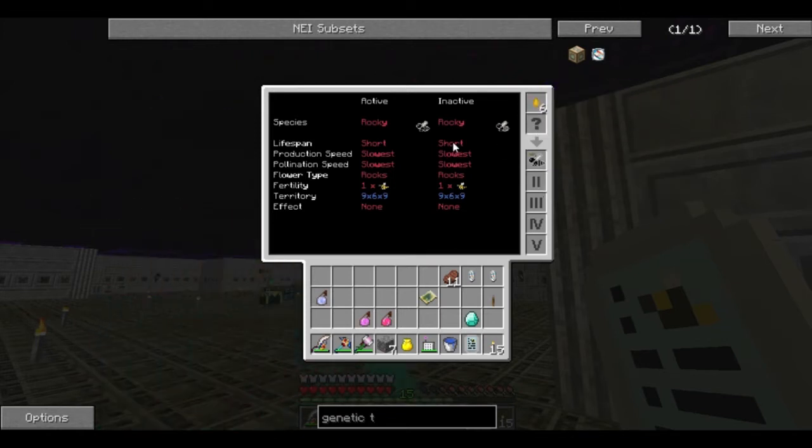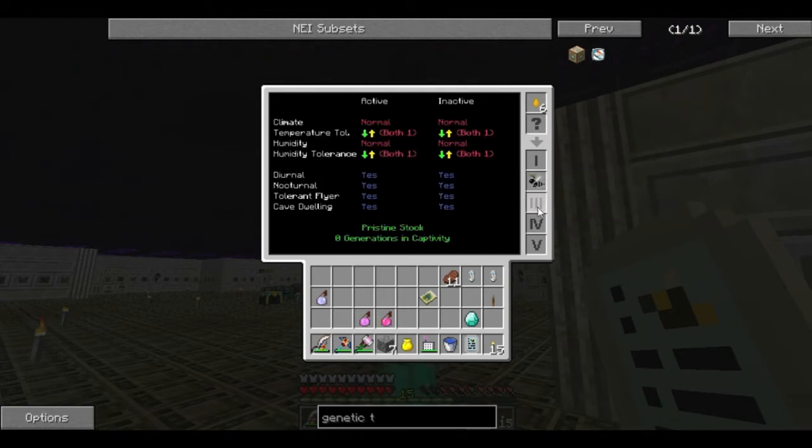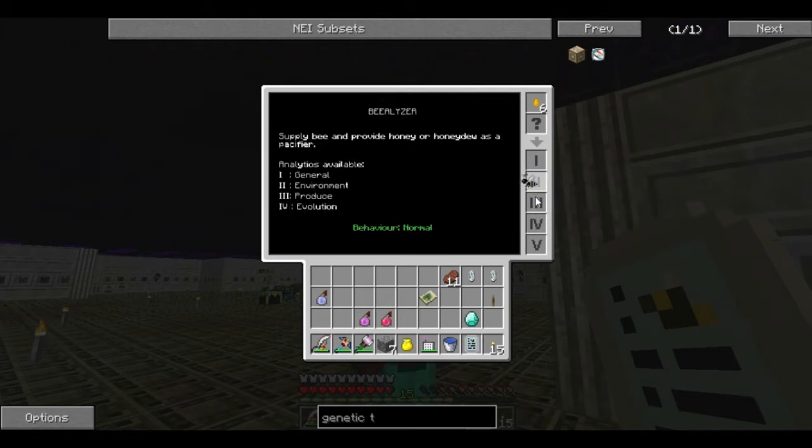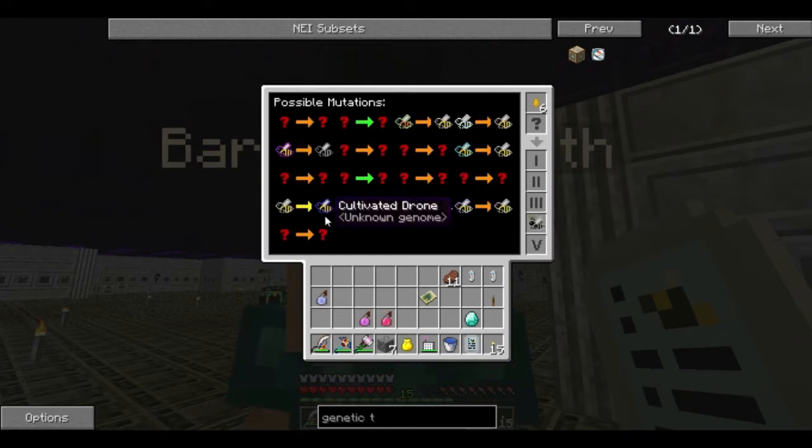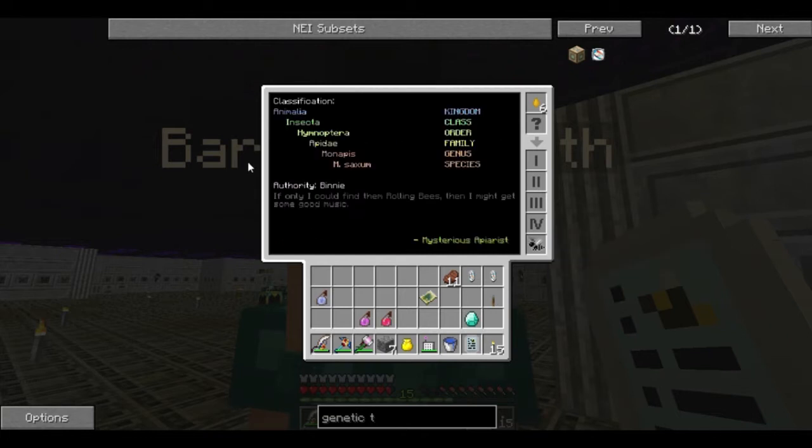He uses a honey drop to read what bee it is, and then you just basically take the bee and put it in these slots here, and it tells you some other information, like whether it'll sleep during the day or night, what you get from it, different bees that you can mutate with, and all this other stuff that I don't really care to